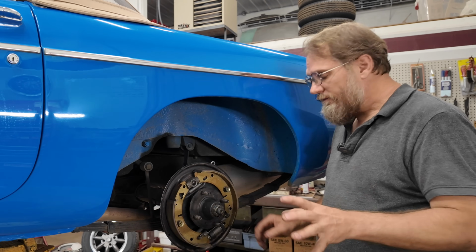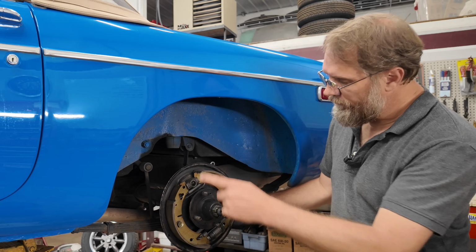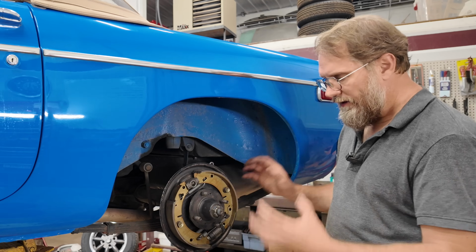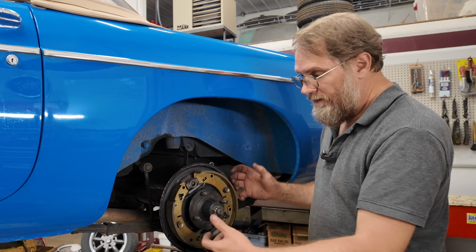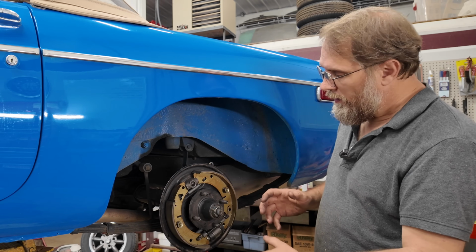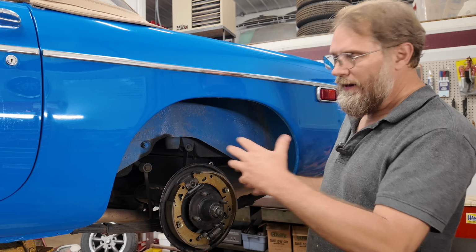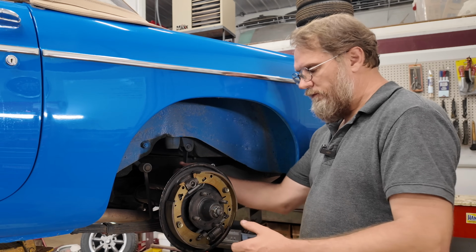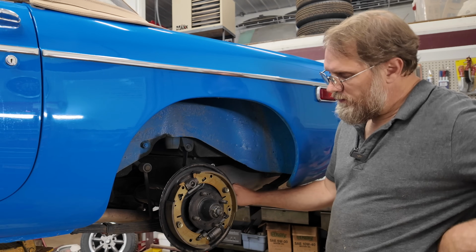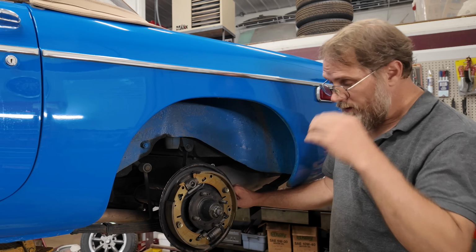Now, one of the things we have noticed has been relatively common in the last 10 years. Put a brand new set of shoes on, and the shoes can be a little on the thick side, and the drum is really tight to get on. And if you have especially a brand new set of drums that's maybe 10,000ths undersized, they won't go on at all. So that has actually been fairly common for a while. And then you have to back the adjuster off all the way, get them on there, and then bed them in and work your way up to the adjustment. But sometimes you'll end up scuffing them a little bit just to get the drum on. So yeah,